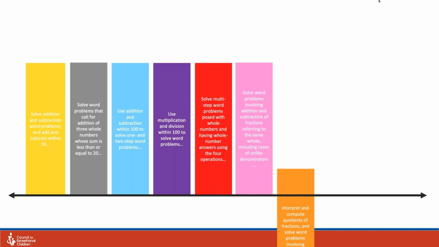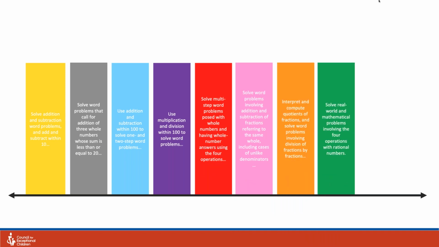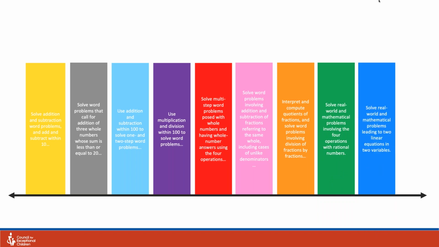Now we start to work on word problems with fractions. Then we start to work on word problems with all kinds of rational numbers. And then finally, we get to thinking about word problems with variables. So this is the word problem pathway that students are on. And I have to understand this pathway in order to figure out what content is important to put into the